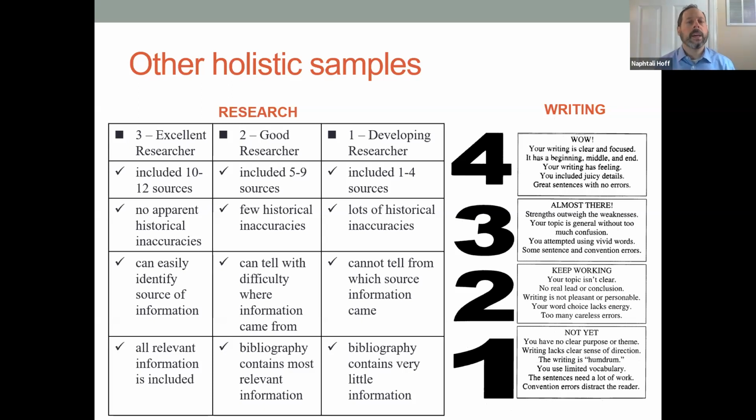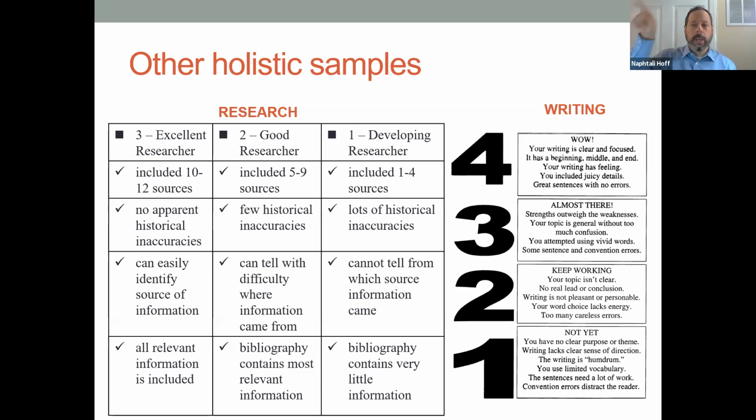The holistic rubric takes multiple things together and gives it one grade. So for example, in this one on the left side, using the left column, an excellent researcher would have those 4 things: 10 to 12 sources, no apparent inaccuracies, etc. I do want to ask you in a minute what you see as the benefit of the holistic versus the benefit of the analytic. But generally speaking, the holistic can be specific, but at the same time, it's like, imagine